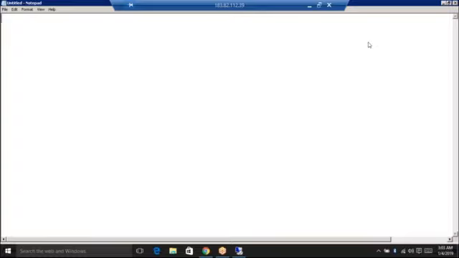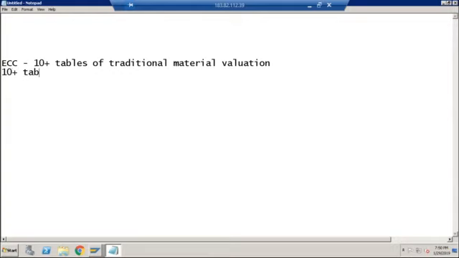Okay, so one last thing, again relevant to material ledger. As I told you, in ECC we have 10 plus tables of traditional material valuation, and 10 plus tables of ML valuation.